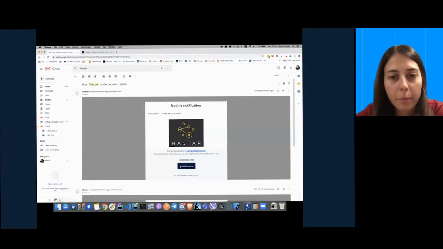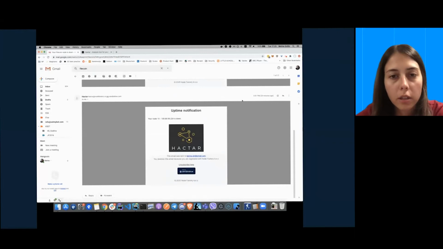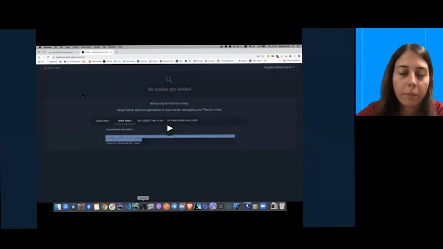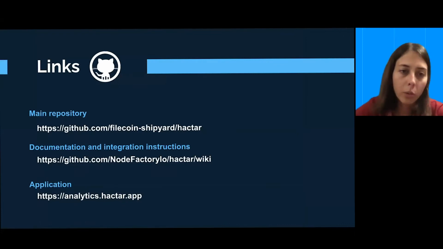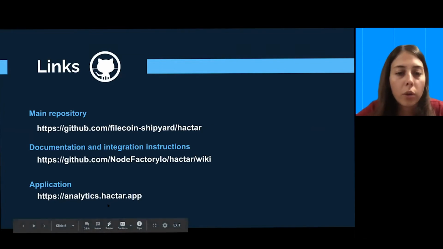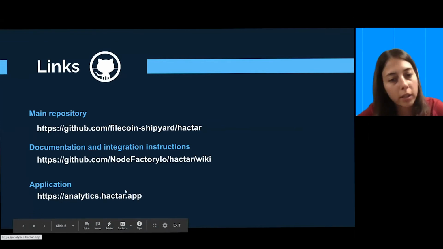And this is an example of an email notification if your miner gets turned off by any chance and it's not working anymore. If you want to learn more about Hactar, you can check out our main repository on GitHub, or you can go to our application as well, analyticshactar.app,